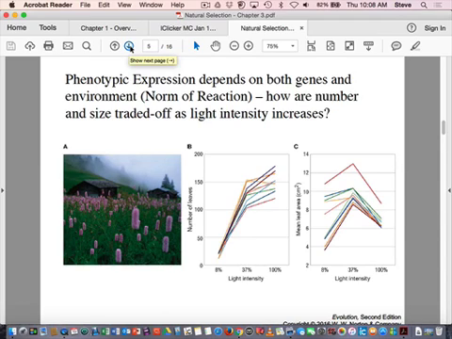Before we get into the example of natural selection and coat coloration in these beach mice, I want to talk a little bit about the fact that phenotypes that you see often aren't fixed, and the environment can influence the expression and the production of phenotypes, and this is extremely common. We'll be spending a lot more time on this later on when we get to heritability and quantitative genetics, but phenotypic expression in general, the phenotype that's observable, whatever we're looking at,